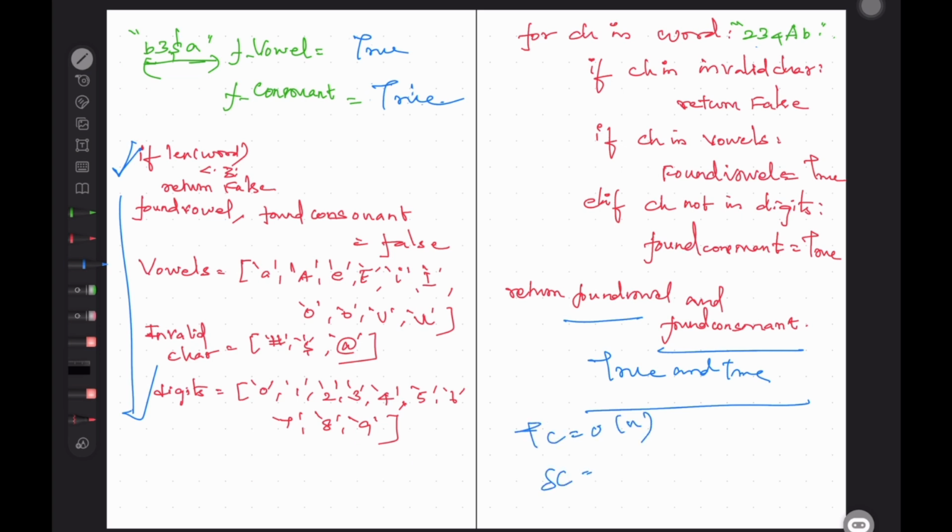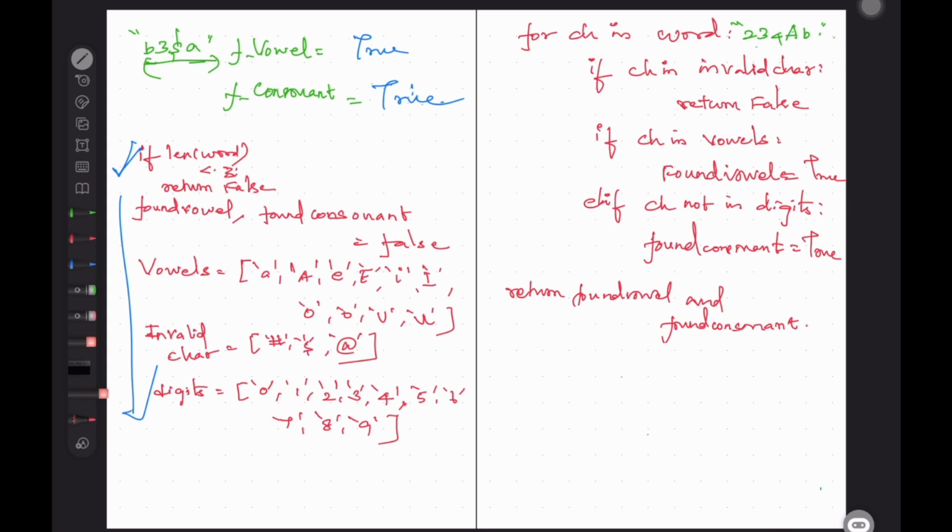Space complexity will be constant space complexity, right? So it won't consider the original space. Only if the space complexity keeps on varying will we consider it. Also here, for vowels order of 10, plus order of 3, plus again order of 10. So this is a constant space complexity which we won't consider. But still, if you want to get rid of this space complexity, what we can do is